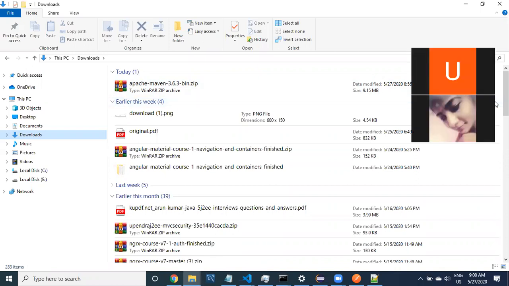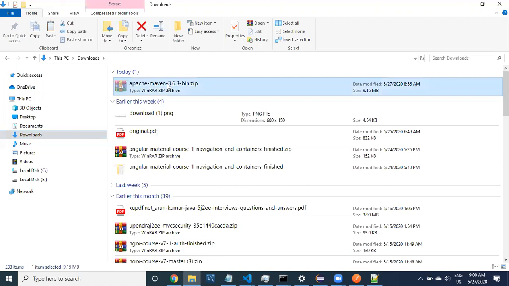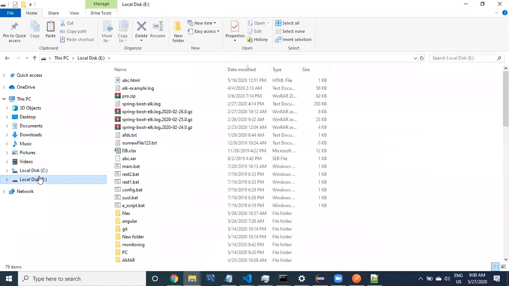So I suggest you copy or cut this zip file, and then save it into another folder other than the C folder. If you have any other drive other than C, go there, in the E drive. If you have only C, that's fine.